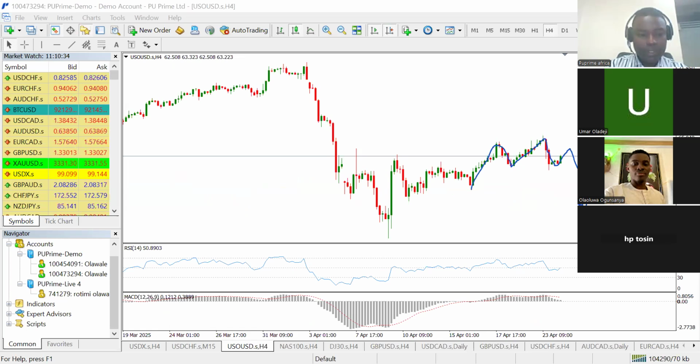And on the fundamental side of this, fundamentally crude oil is bearish due to oversupply concerns and increased US production. US production of crude oil is increasing by the day. And also there is this side of clean energy transition. Clean energy is really gaining ground globally. So that also could lead to a drop in the global price of crude oil. So now we are anticipating a bearish movement on crude oil.